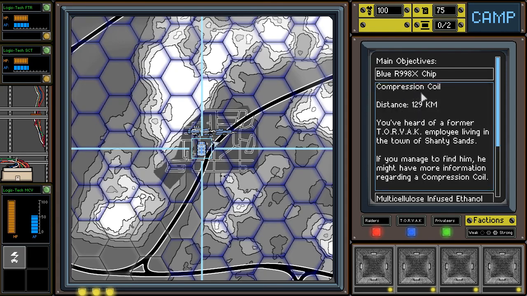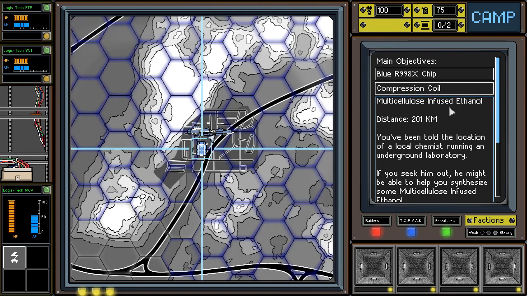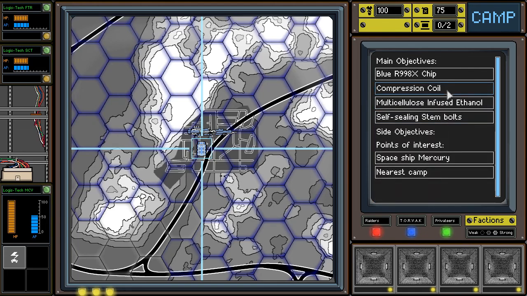Compression coil is to the northeast, 129 kilometers away. So, Shanty Sands. The ethanol is further to the northeast, 201 kilometers. And the stem bolts are 194 kilometers. So I think I'm gonna...